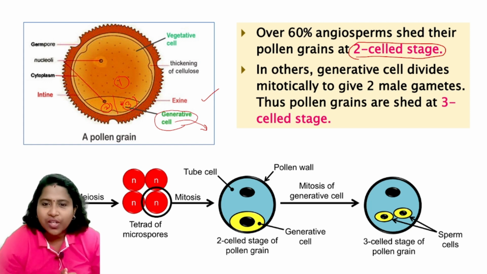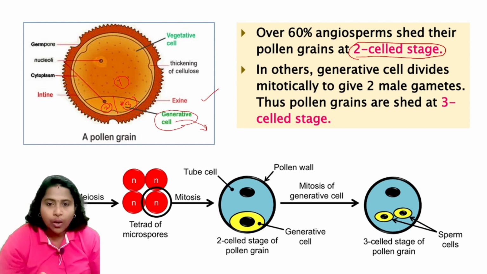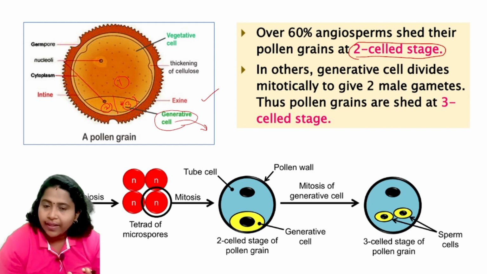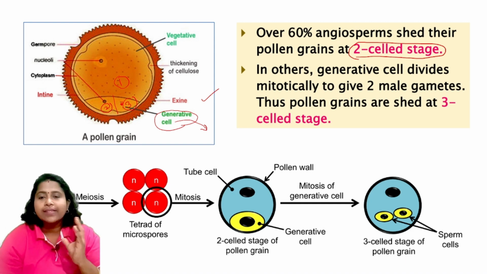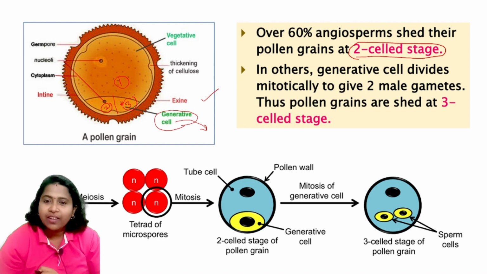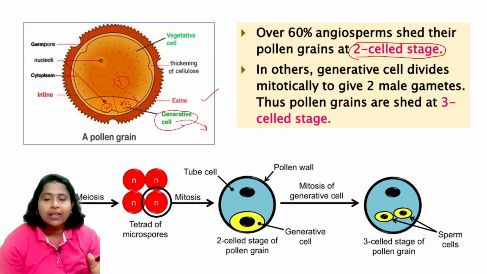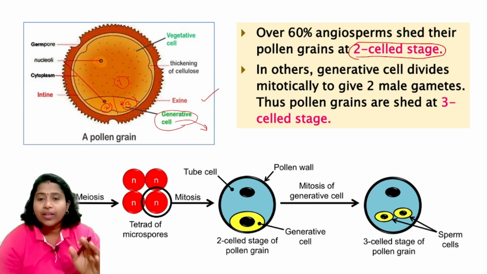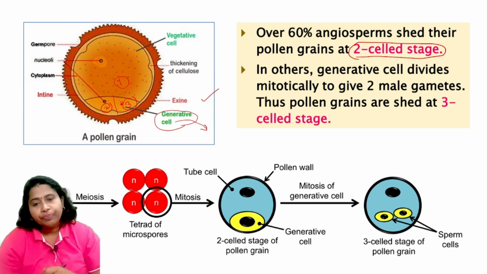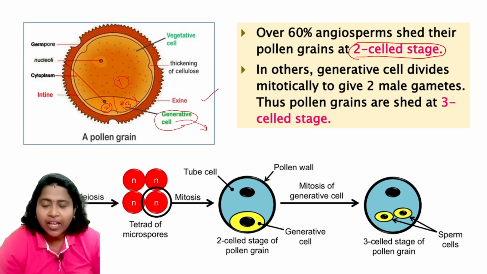So this is the overall structure of the pollen grain. You have to remember: spherical in shape, two layers, outer layer exine and innermost layer intine. The exine has a very important chemical called sporopollenin. It is a very highly resistant chemical, and that's the reason it cannot be degraded by temperature, alkalinity or any environmental condition. So it can be preserved in the form of fossils and used in paleoclimatic studies.